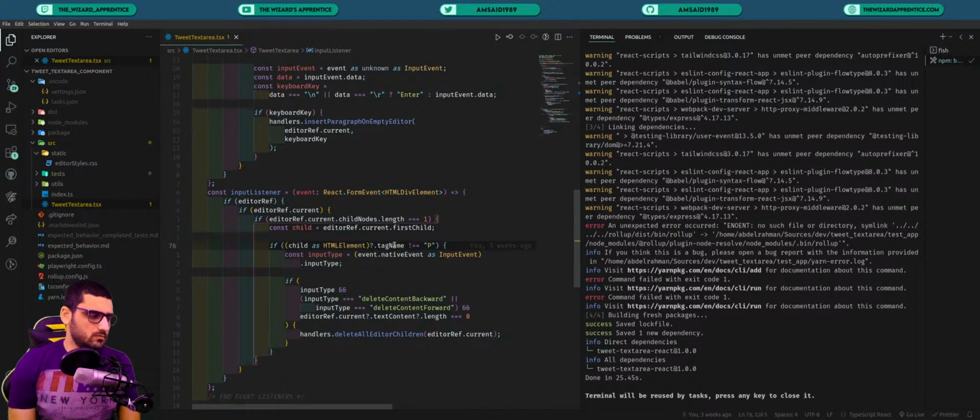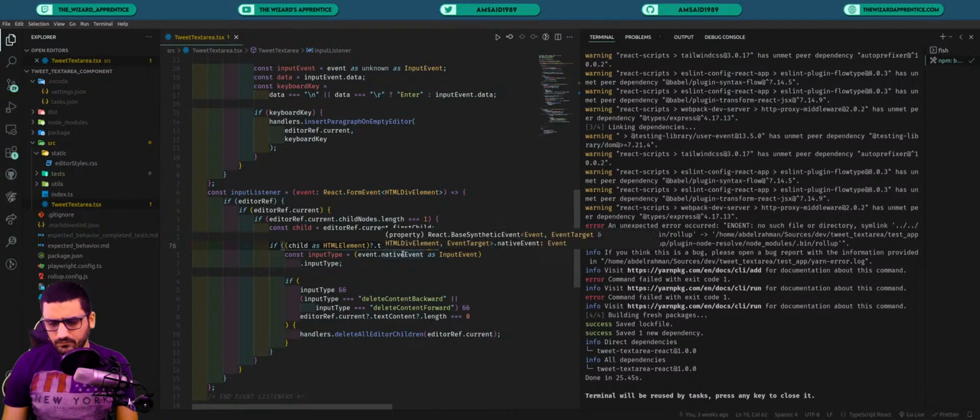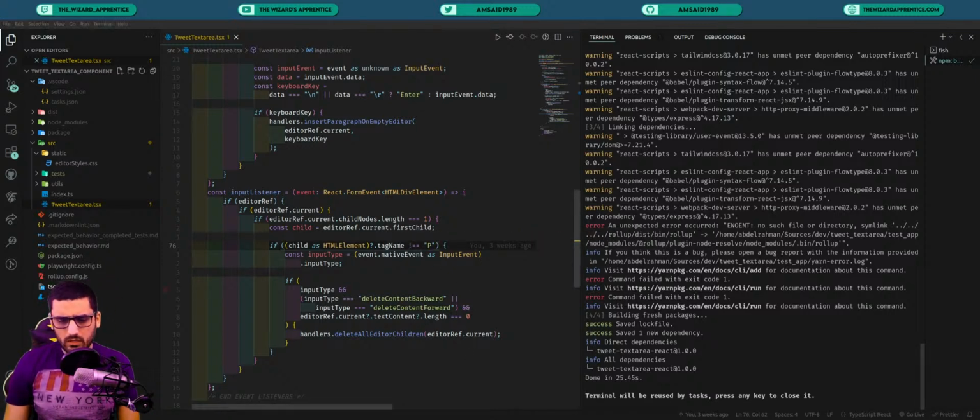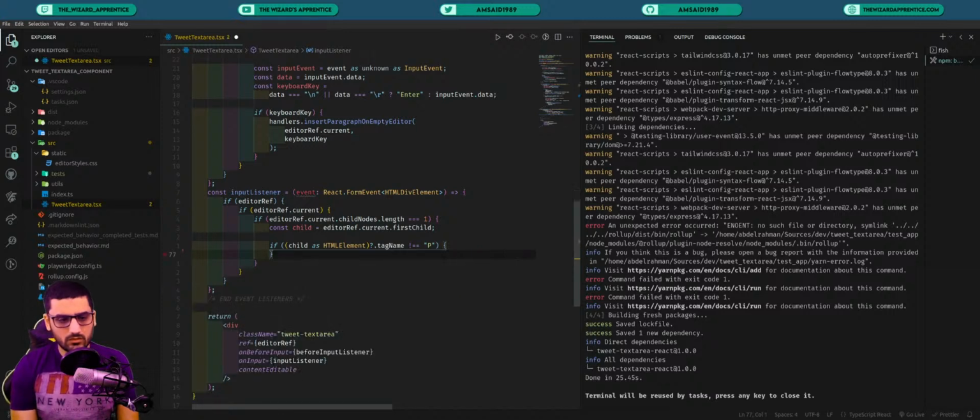the problem is basically we were only deleting the last child when the editor is empty if the tag name of that editor is not p, which means that it's not a paragraph element. That is just creating some issues for us. So instead we basically just remove that if statement,